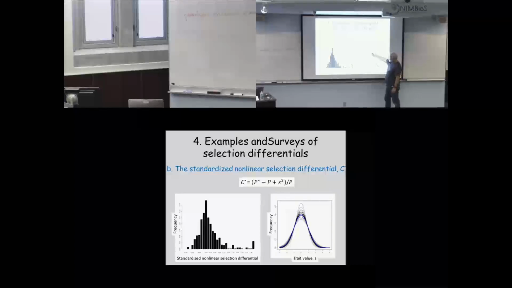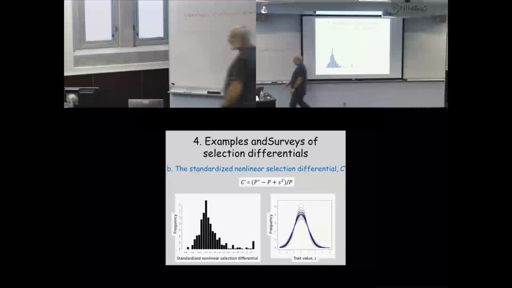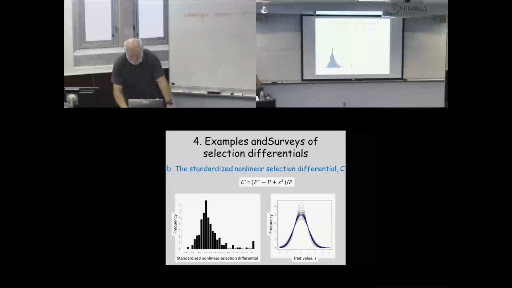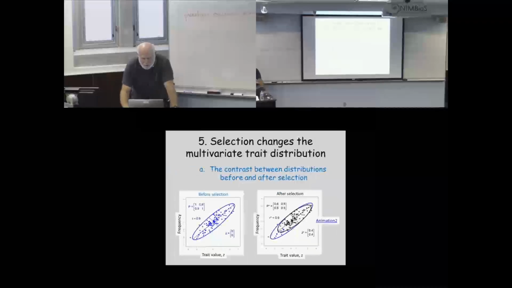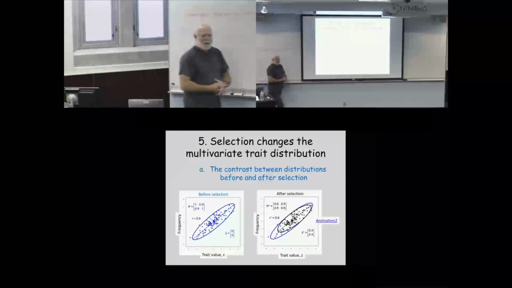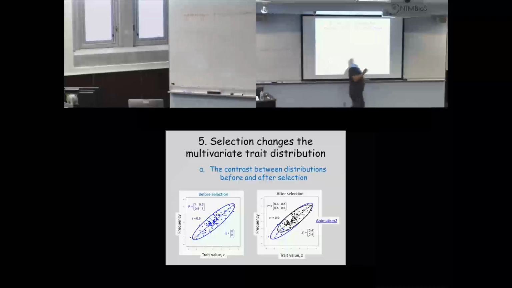So this is disruptive selection, but notice it isn't producing a bimodal distribution, right? Like we also like to draw in our textbooks, but I never draw that in class because I know that's not the empirical result at all. All right. Okay, so now we're going to go to the multivariate case,